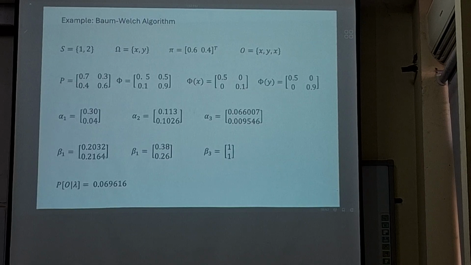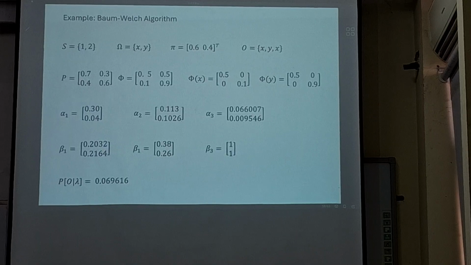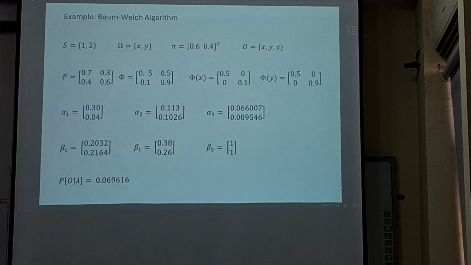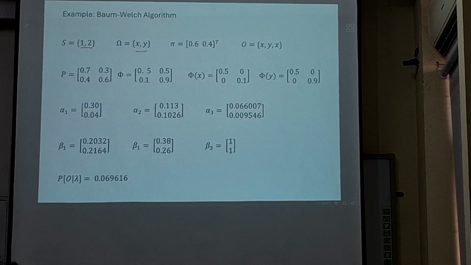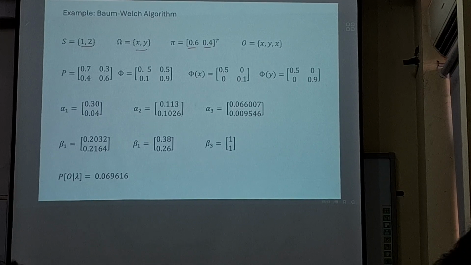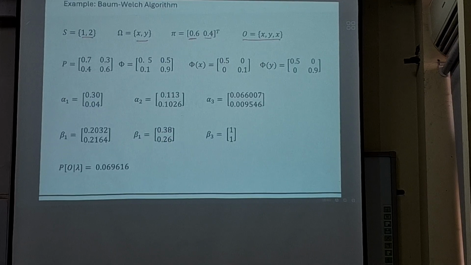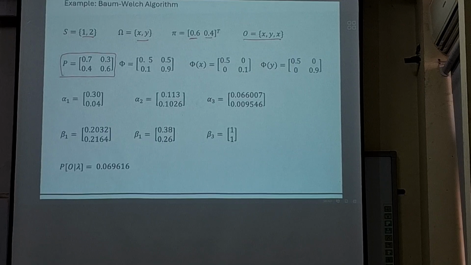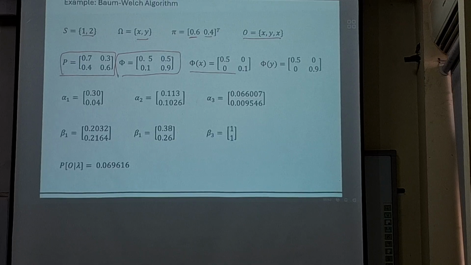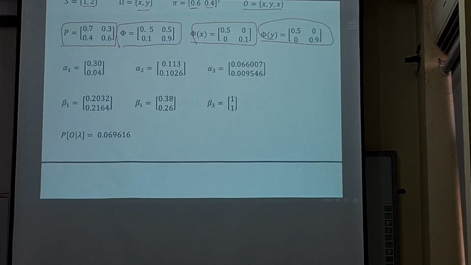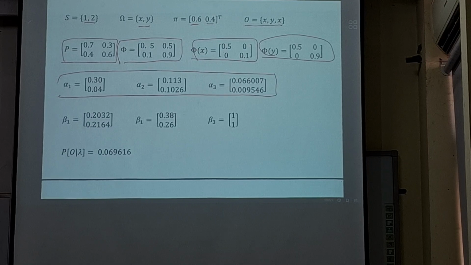We consider the very same example that we used for the forward algorithm, actually not for the backward one. We have two states, 1 and 2. We have two symbols, x and y. The probability that the chain starts with state 1 is 0.6 and with state 2 is 0.4. And we want to apply the sequence x, y, and x. We assume this is the given model, or the random model, which can be converted to this one and this one. Okay. And then from this one, applying the forward algorithm,